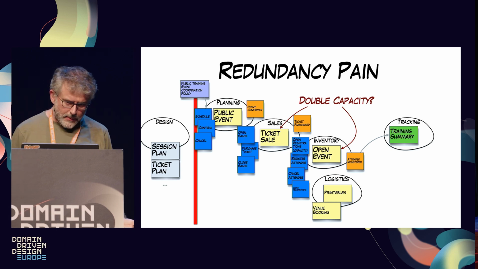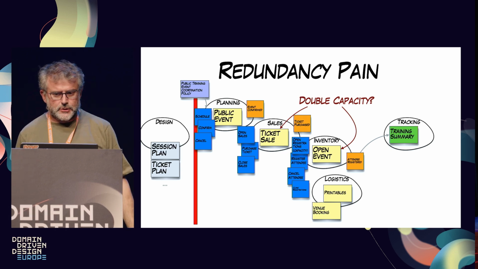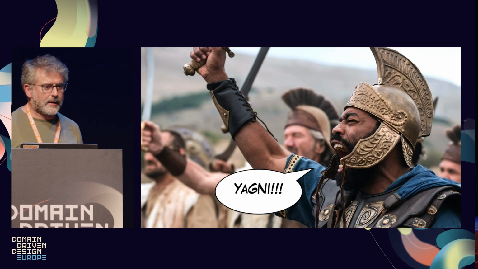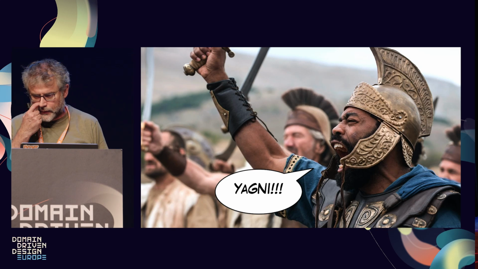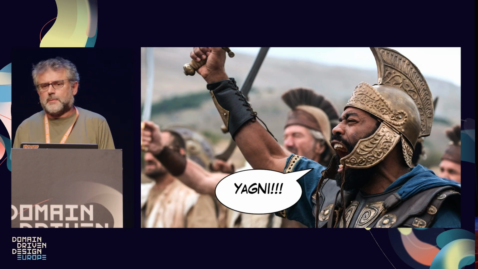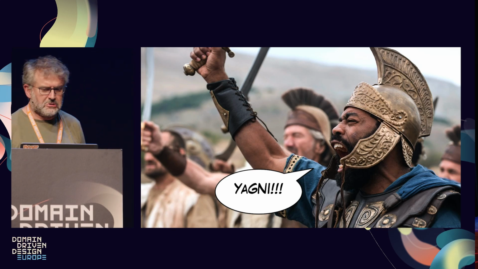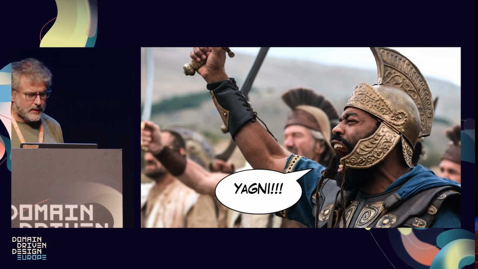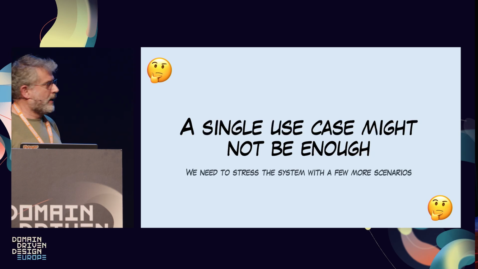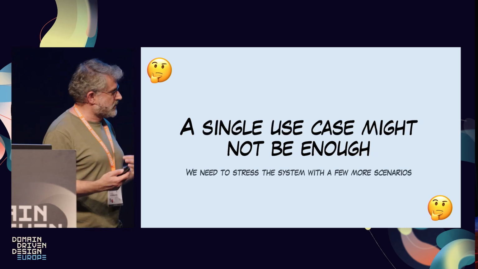So when you look about it, the first objection is YAGNI, clearly. That's too much complexity. Why are you doing this? Well, it's my prototype. I'm prototyping. I would like to see how it ends. So yeah, well, maybe you're right. I don't want to see. It's too early to say. Basically, just a single use case is not enough.